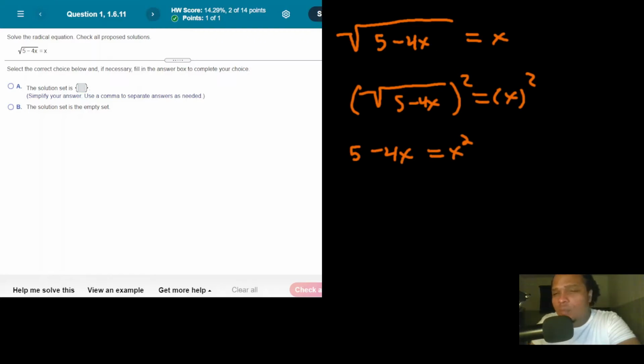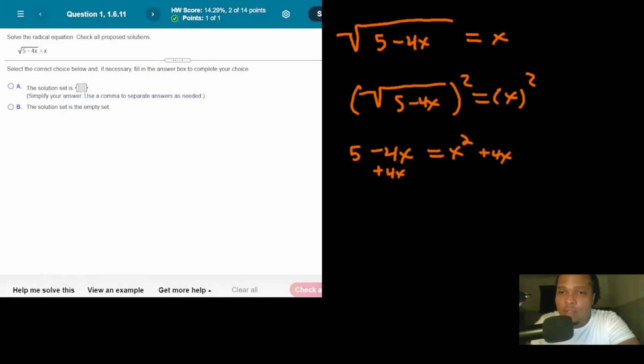We want to keep the x squared term positive and bring the numbers to that side, just to be consistent. So let's start by adding 4x